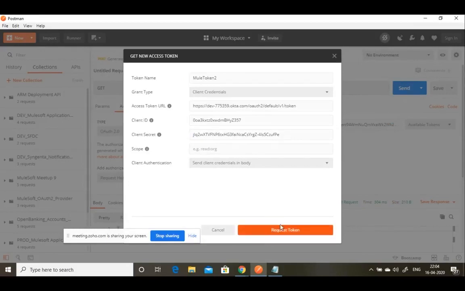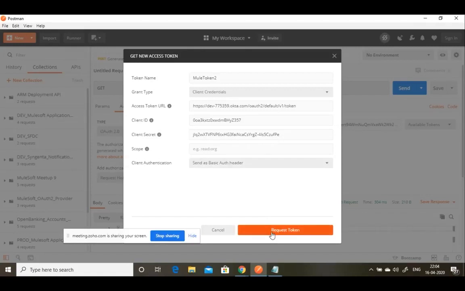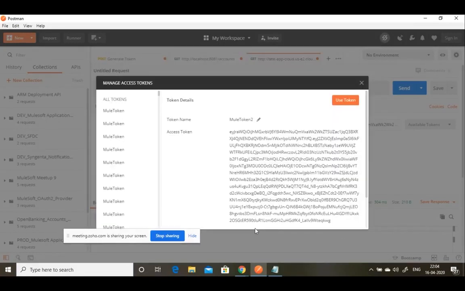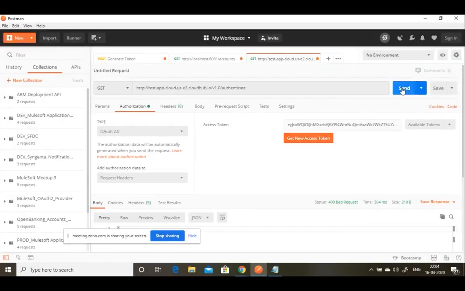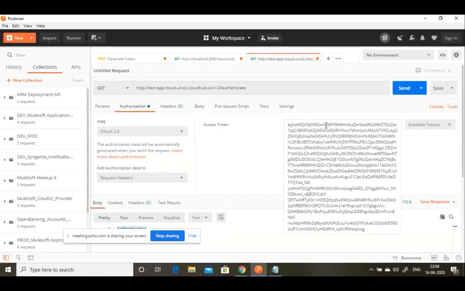Okay, now say request token. Okay, this will be as a basic auth header. Just a minute. Yeah, I have to provide the scope, mule scope. It generates the token. Okay, so you can use this token and send the request. So this time the request has been authenticated. Okay, so let me copy this token